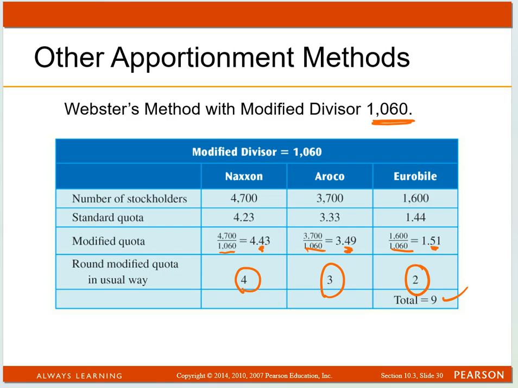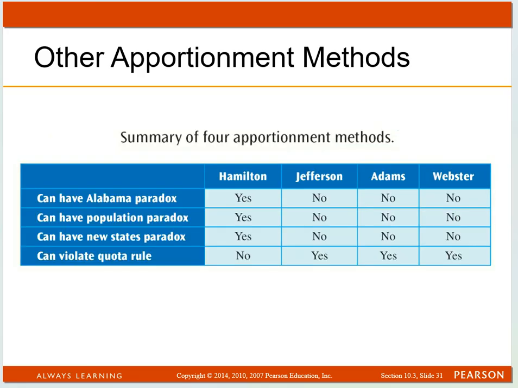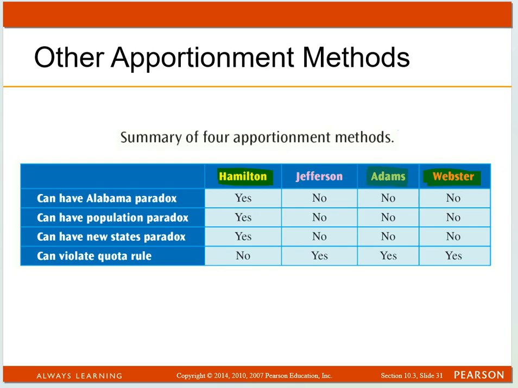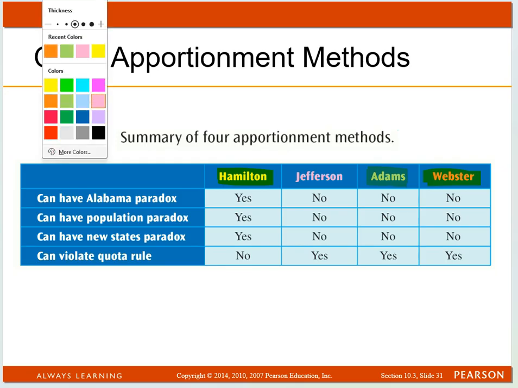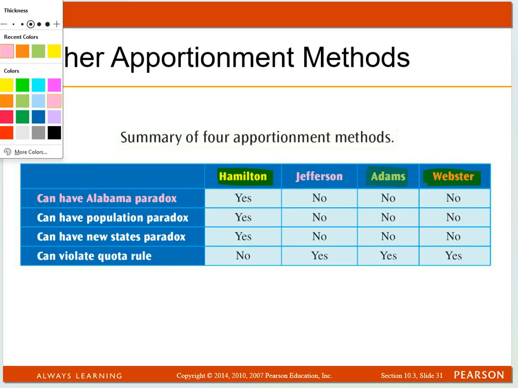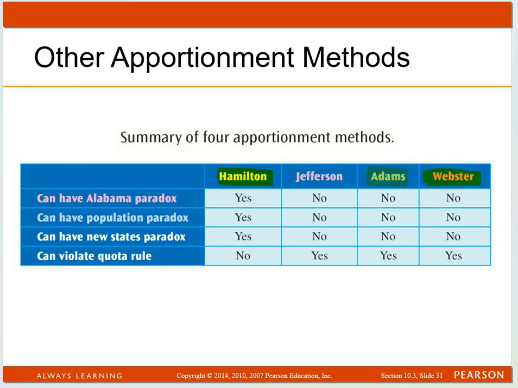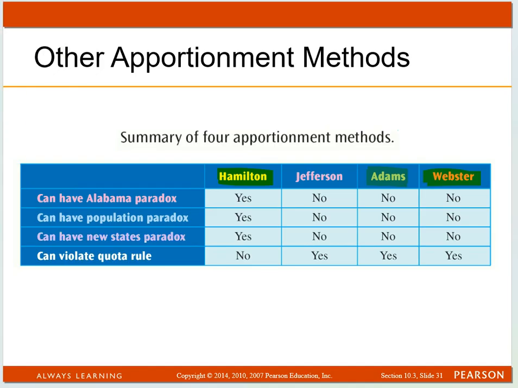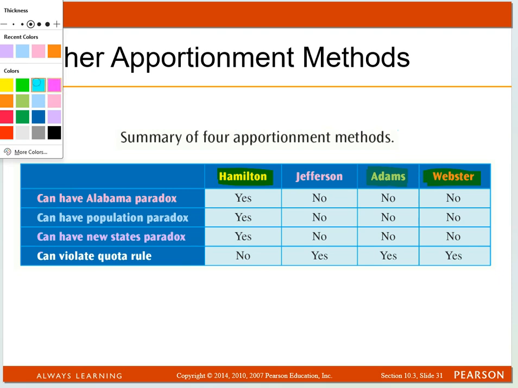Yay! So anyway, the last slide here summarizes all the different apportionment methods. I can't remember what colors I used, but we had Hamilton, and then we had Jefferson, and then we had Adams and Webster. And then we had different paradoxes. We had the Alabama paradox, and then there was the population paradox, and there was the new states paradox, and then we also covered the